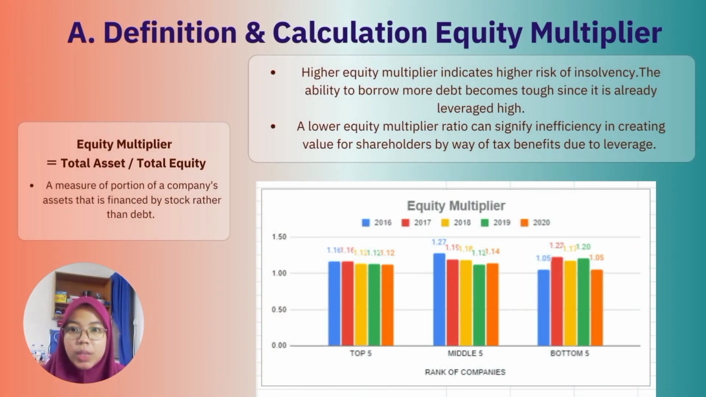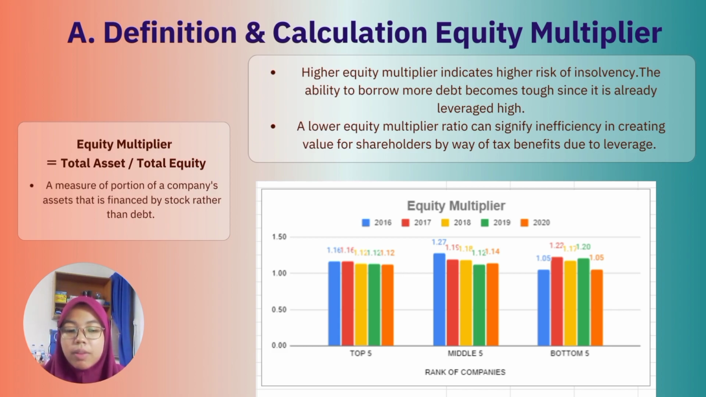Lastly, we analyze the equity multiplier. Equity multiplier measures the portion of a company's assets that is financed by stock rather than debt. It is a financial ratio that measures how much of a company's assets are financed through the stockholders' equity. A low equity multiplier indicates a company is using more equity and less debt to finance the purchase of